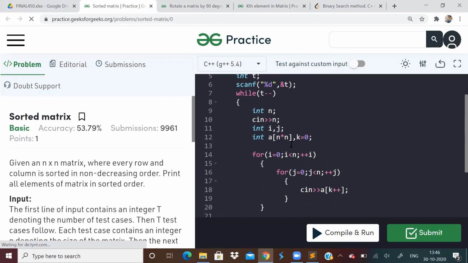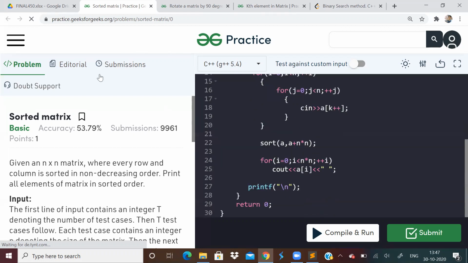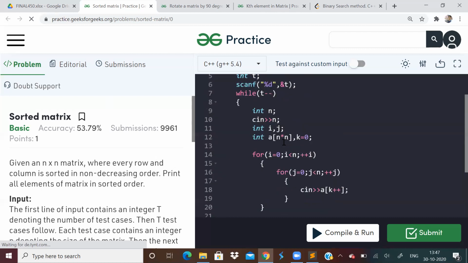We can use the merge concept, but I have just taken an array. I have not taken extra space over here. This array only is my input. I have made it a 1D problem, a one dimensional array problem. So this is how I solve this problem. Let me know in the comments how you will solve it, how you will do it with merging. If possible, give a link of the code also. Even I will see how to do it and then try to understand what you have done, and everybody else can also get benefit. So let us go to the next problem.